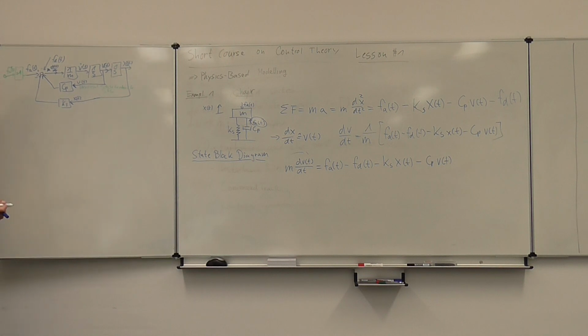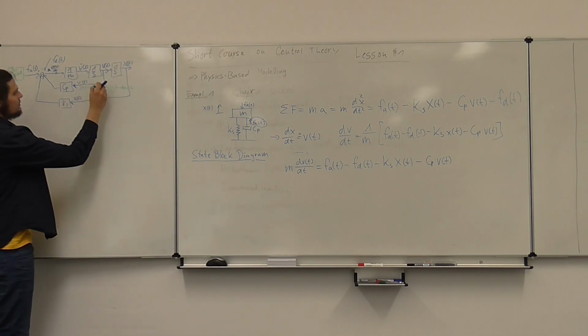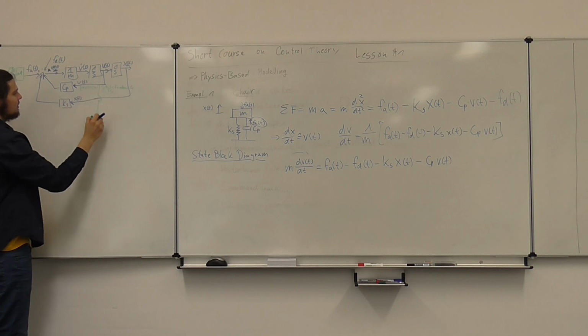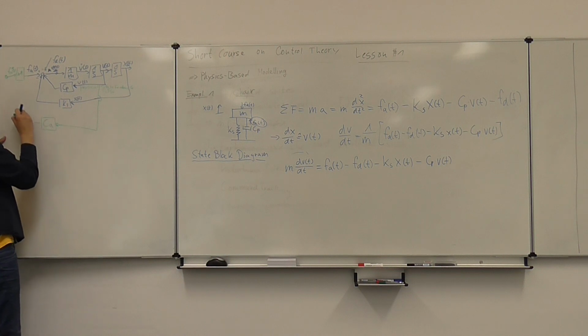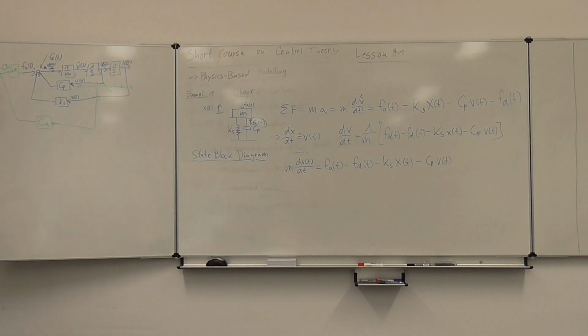And we can play around with this mathematically. So if we wanted to, for instance, increase the damping of the system, we could also measure the speed, give it a gain,